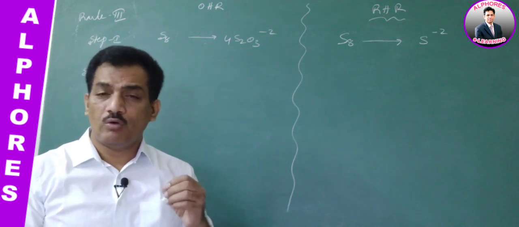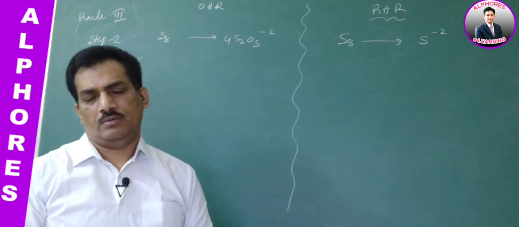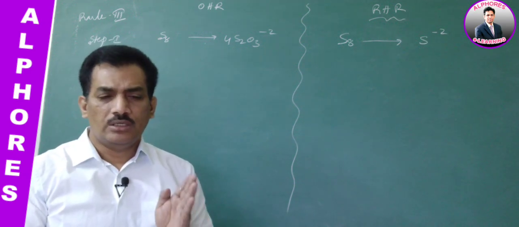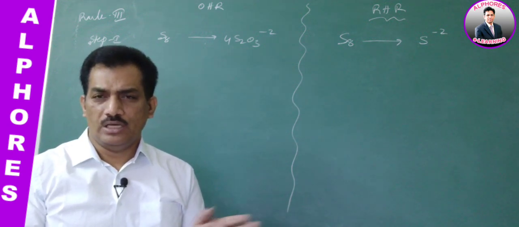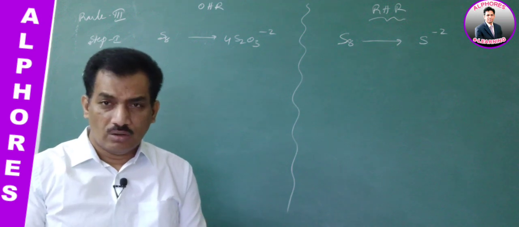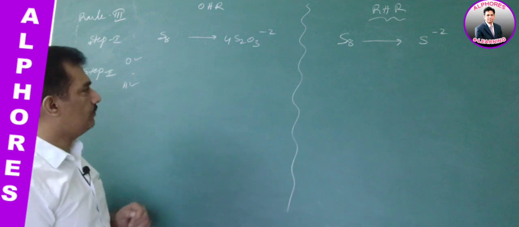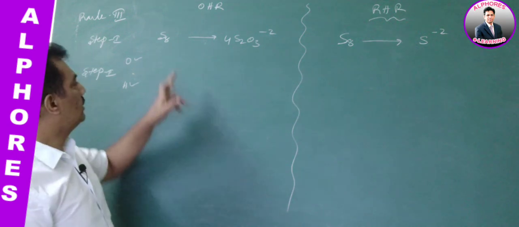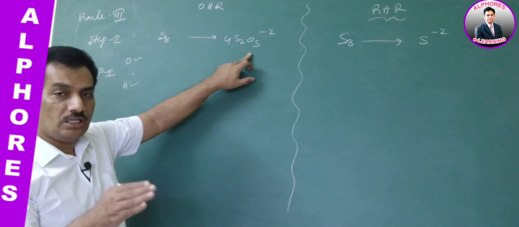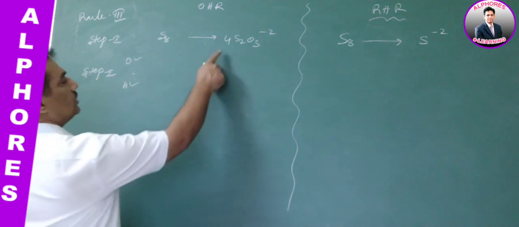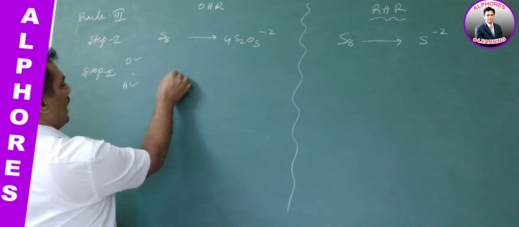That's why we find one logic approach. That logic approach is nothing but a 3-step mechanism by which we are able to balance oxygen and hydrogen in a simple manner without any doubt or ambiguity. Clear? Now we are following the trickish logic approach. To balance oxygen, we have to add water in the first step. How many waters? Just observe, 4 into 3. 12 water molecules we have to add.